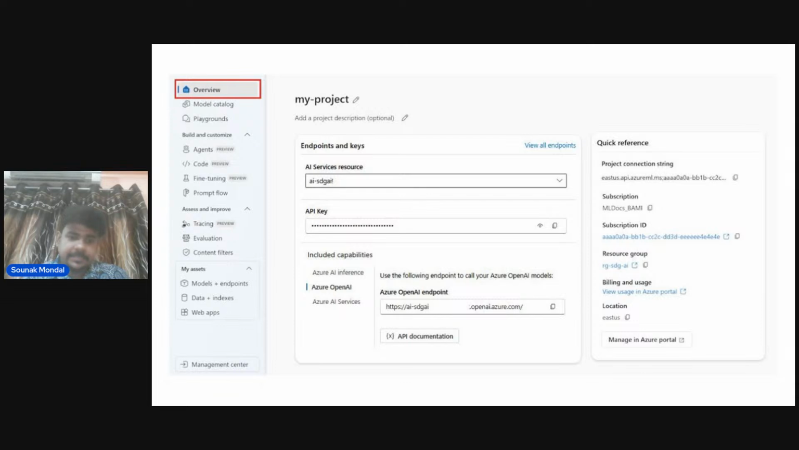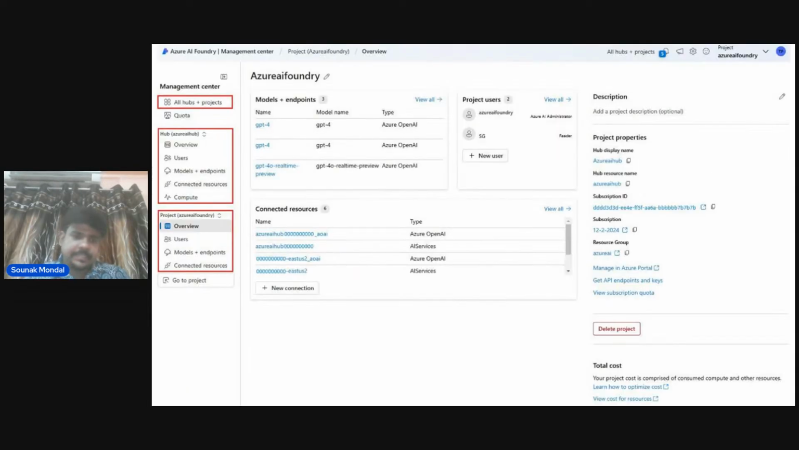And then this management center is a very important part. So those are the different tools that you can use. And then management center, that's what I'm telling. This is a hub, and in the management center you can see, this is the Azure AI hub. In this particular AI hub,